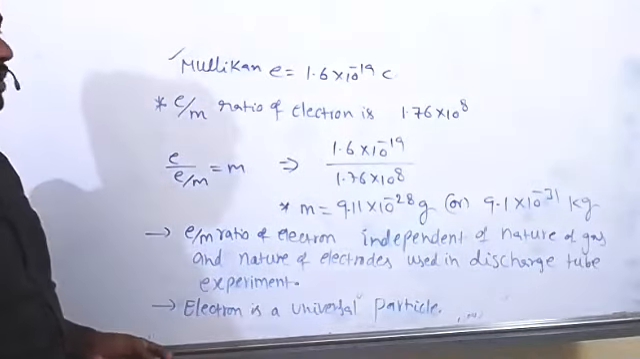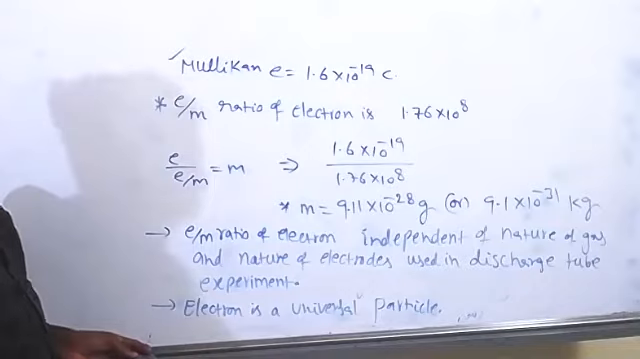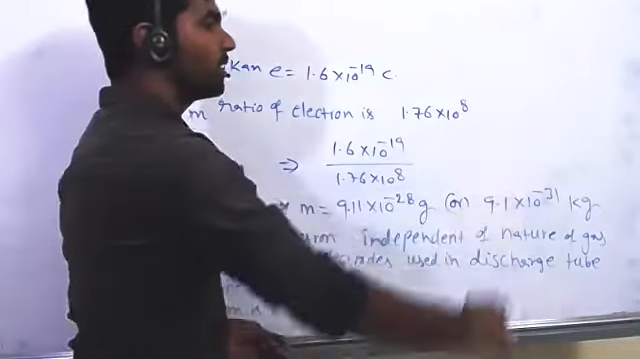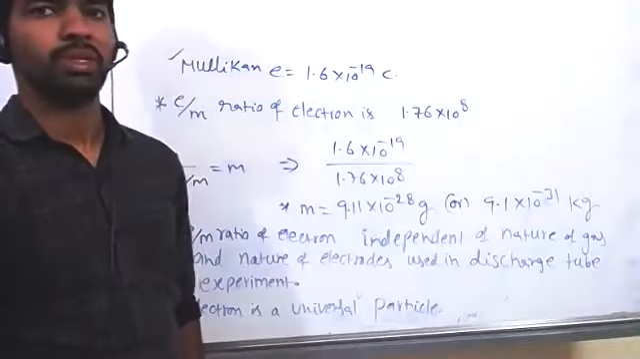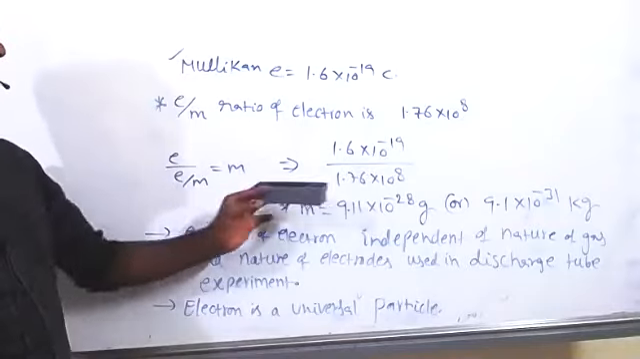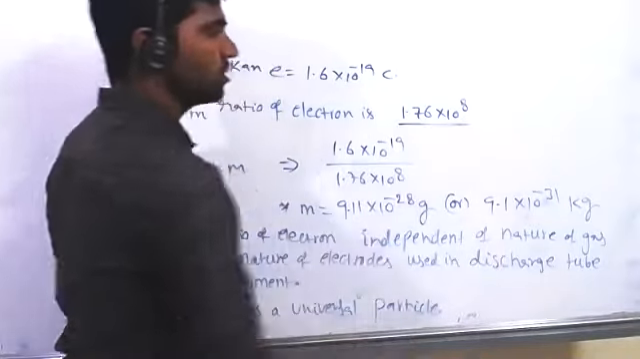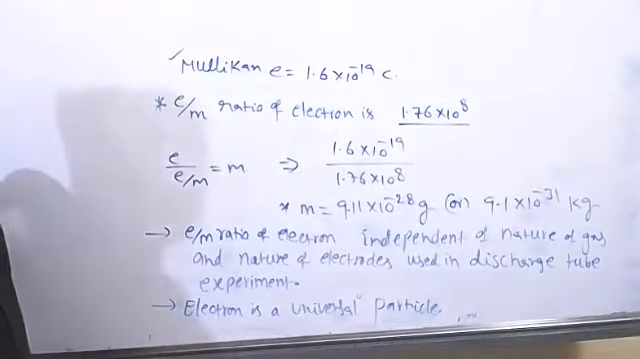So in the calculation of e/m ratio for protons, the value changes for different gases. They give different e/m ratios, but electrons always give a fixed e/m ratio, 1.76 × 10^8. And why is it a universal particle? It means,